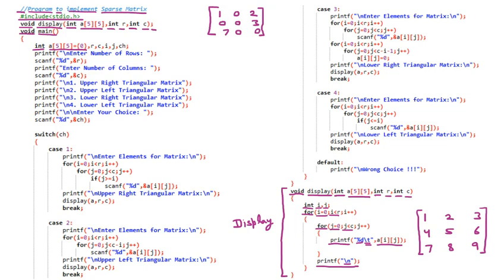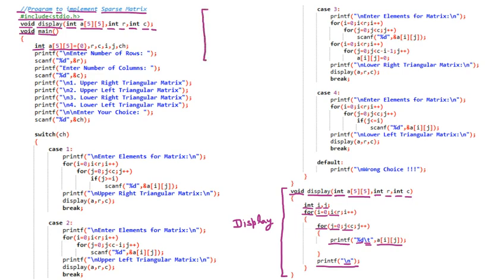Removing unnecessary things, we take this a[5][5], meaning 5 rows, 1, 2, 3, 4, 5, with 0, 0, 0, 0 and 0, and 5 columns, 1, 2, 3, 4, 5, with 0, 0, 0, 0. So this 5 cross 5 matrix we are first of all initializing with 0.